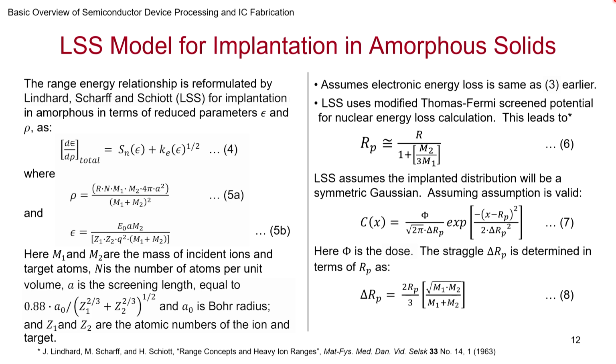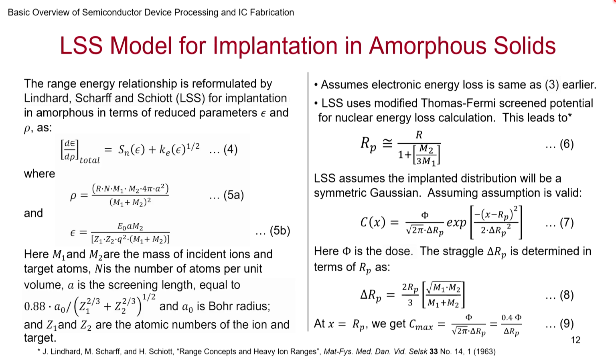What is the brilliance about this? It's very useful. It may not be very accurate to the nth level, and especially nowadays with smaller and smaller devices, you want very high accuracy, but it's very practical for many simple activities of semiconductor processing that we have to do, even when we are doing a complex process. Now, at x equal to RP, we get the maximum to be this. This is based on the Gaussian distribution, which I have already alluded to earlier in an earlier slide.